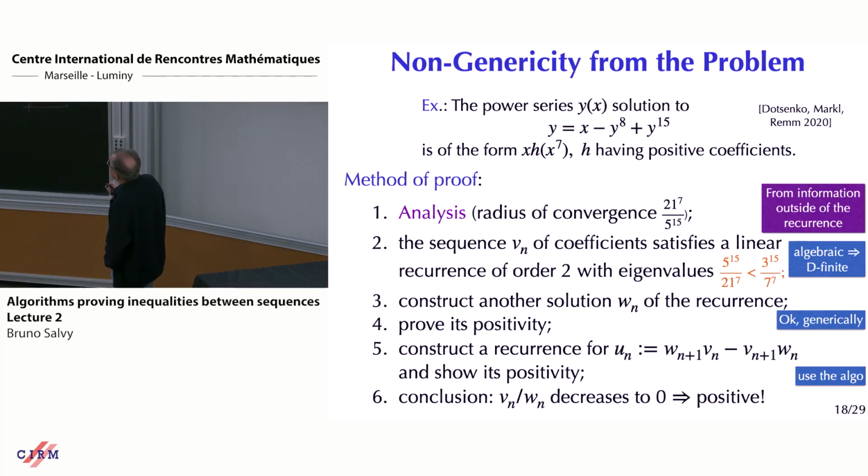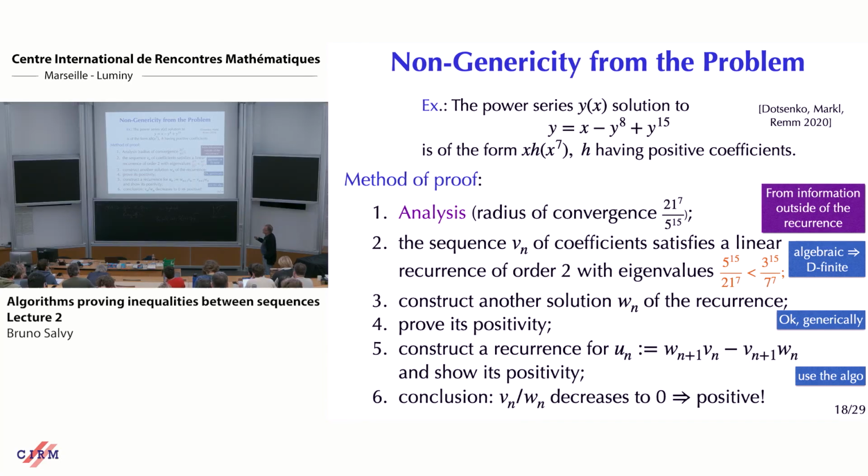And because Wn basically grows like this to the n, this will be positive. And you can prove it automatically. So, using the algorithm, because now it's in the generic situation for the new larger recurrence, you have proved that this is positive, and you have proved that Wn is positive. So if you divide,